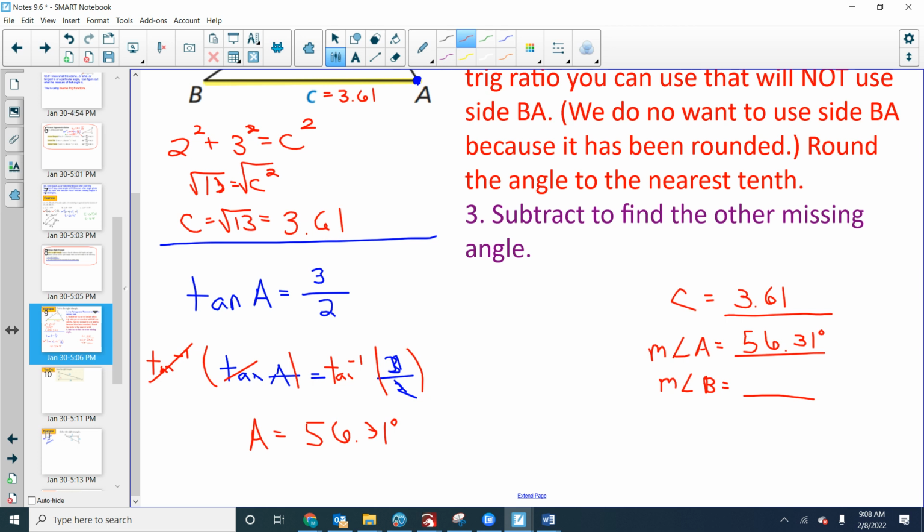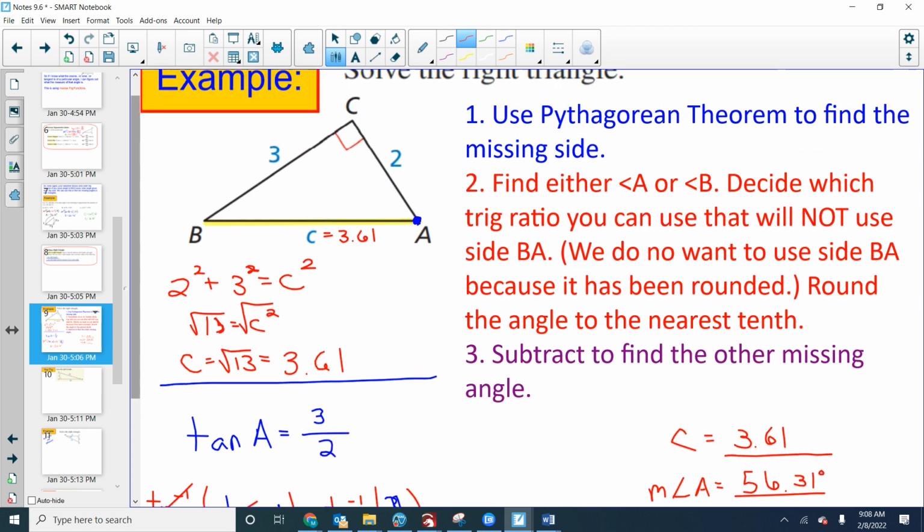What's the regular tangent? 3 over 2. Should be. The tangent of 56.31, is it about 1.5, which is 3/2? Yes. Are we pretty confident in our answer? Yes. So we just found a side and now an angle,